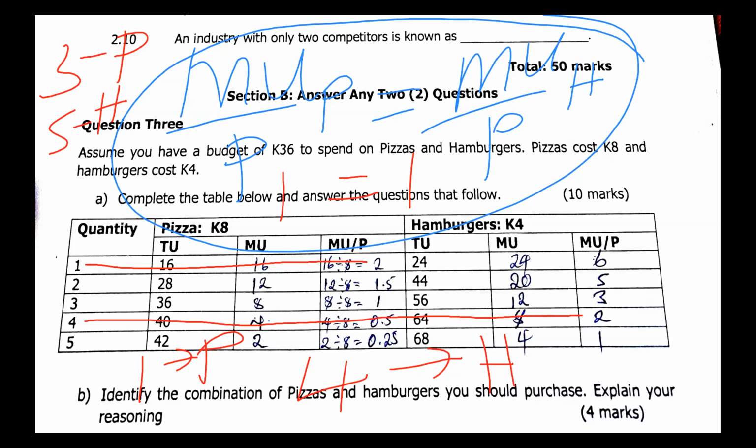We just need 1. The question is identify the combination, not the combinations. So which means we need 1. How do we eliminate now the 2 combinations? You get to subject them to the budget constraint. Okay. So the budget constraint